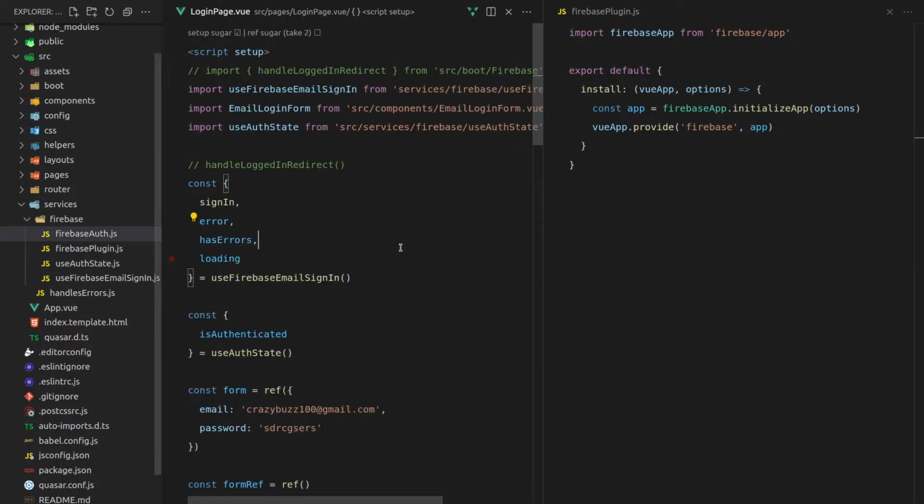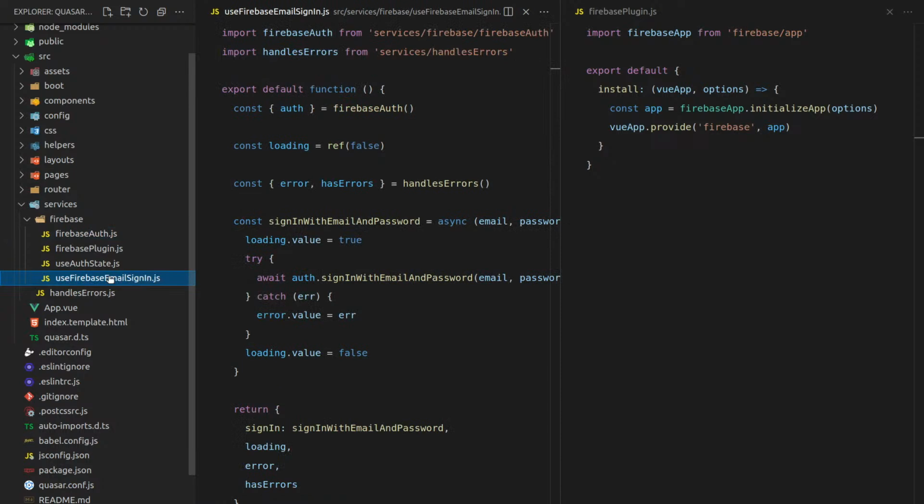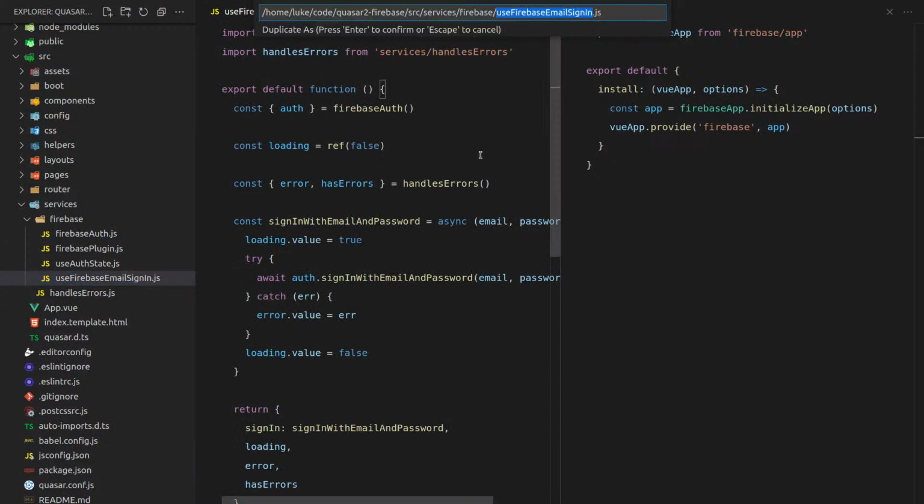And now use Firebase email sign-in. We want to have something similar for GitHub as well, and basically anything else. And you just pull in the composable you need for whatever sign-in functionality you need. So let's duplicate this and say use Firebase GitHub,